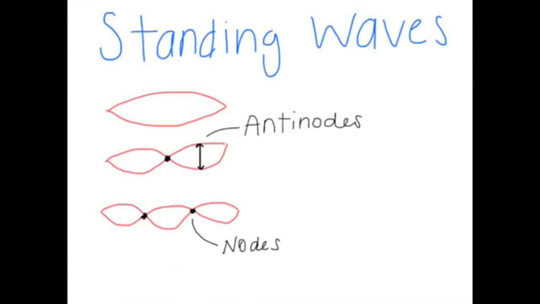The final concept we'll look at in this section about wave interactions is standing waves. These occur when a wave pattern appears to be stationary as a result of two overlapping waves with the same frequency, length, and amplitude in opposite directions. This is a complicated definition to grasp, but we can look at these standing waves